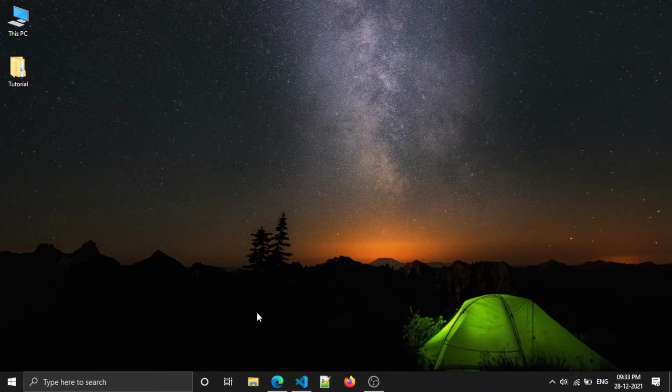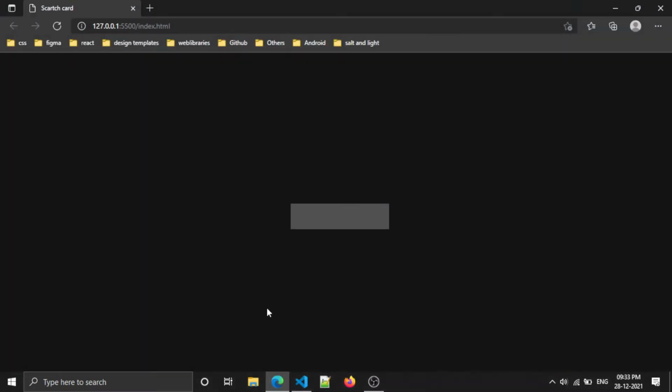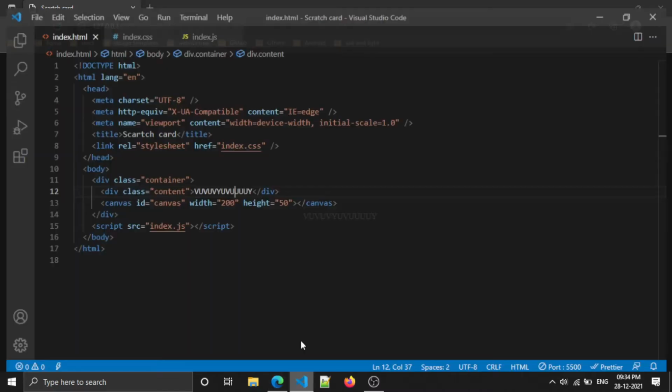In this tutorial we'll see how to create a scratch card application just like Google Pay. As I said earlier, this is the exact application we're going to build. If I try to wipe or scratch a portion of our scratch card, we can see the text inside our scratch card, right? If I scratch more than 50% of the scratch card area, it will wipe everything automatically. Yeah, without any further delay, let's build this application.